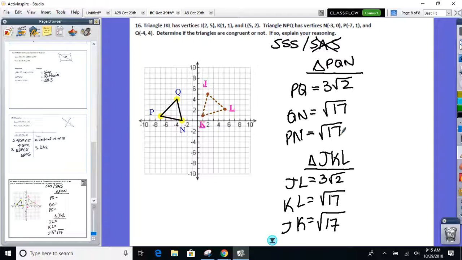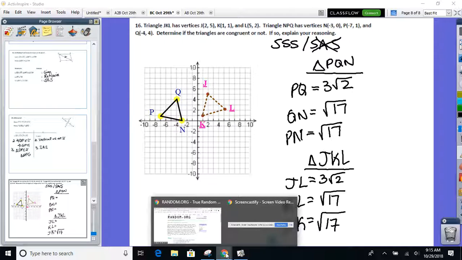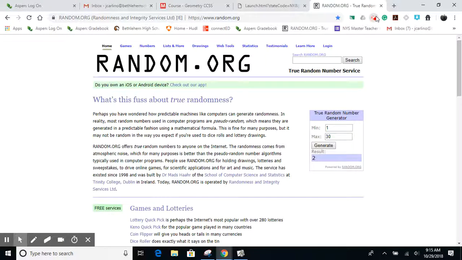Hopefully you're getting the square root of 18 and 17 out. Break down 18 for me, though. Keep going right up to the